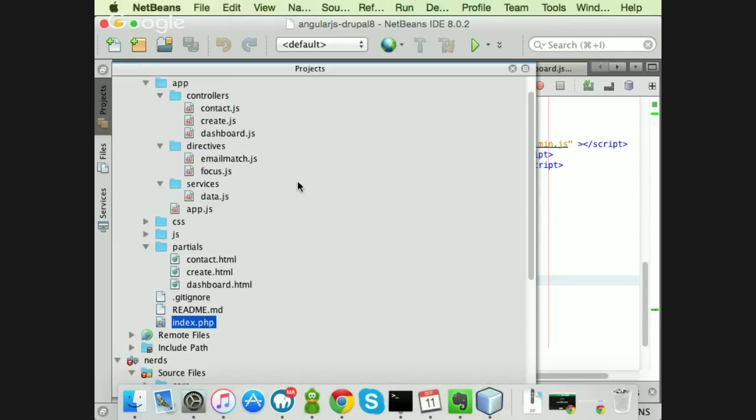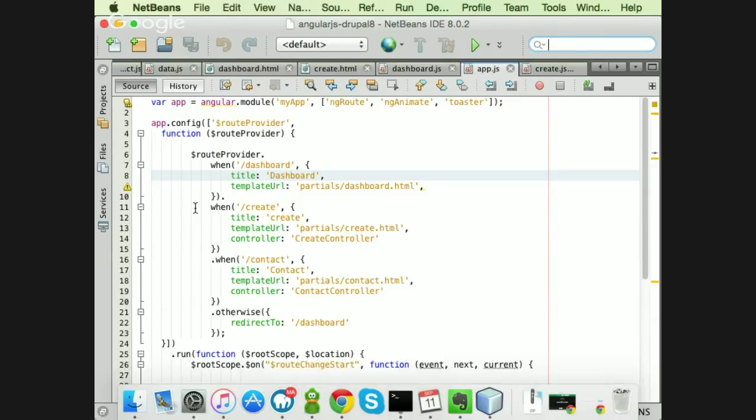Now, if I go to the app, I have the dependencies here. The name of my app, as I showed you on the DOM of the HTML, and I have some dependencies there, which are the Angular route, the animate, and the toaster, which is the library I added. The name of my app first, and the dependencies second.